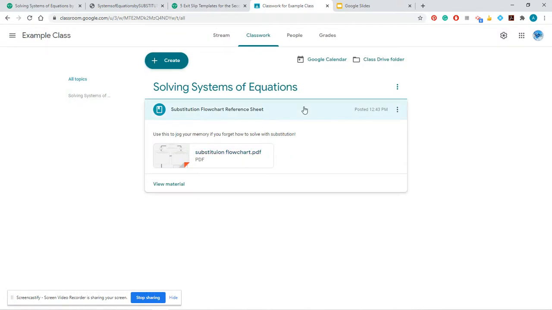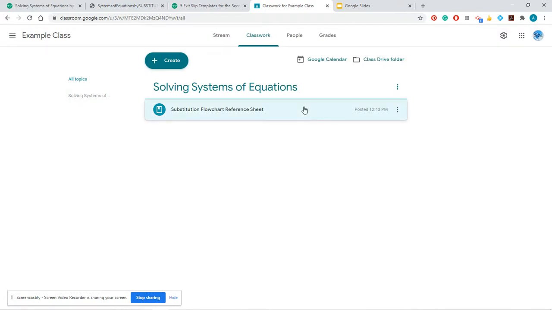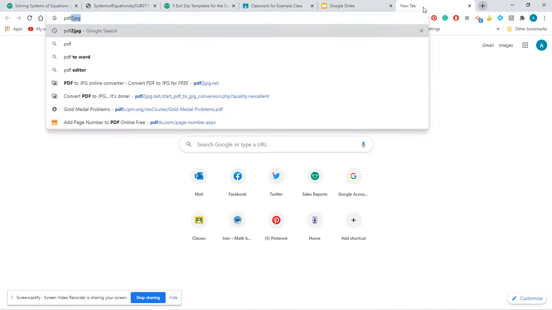All right, now what I'm going to show you is, let's say that instead you actually wanted your students to interact with it and you wanted them to be doing problems on there. So instead, I discovered this website like 5 years ago. I knew that I needed to take my PDF and turn it into a picture. So I Googled how to do that. And I came across the website